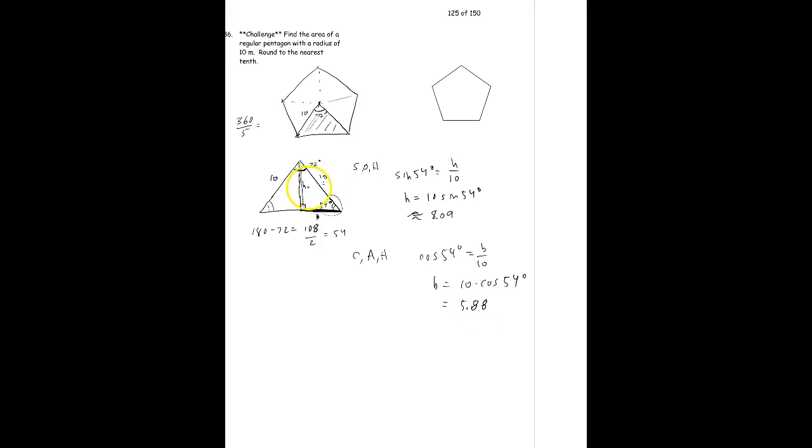So if we look at this triangle here, we have the height. In order to get the full base, we need to do times 2. So the full base is 5.88 times 2, which is 11.76. Sorry, it's hard to see there. 11.76. And so now the area of one of these triangles is area equals 1/2 base times height, which the base is 11.76, whole base. The height, which we found up here, 8.09, and we plug that into our calculator, and you'd get